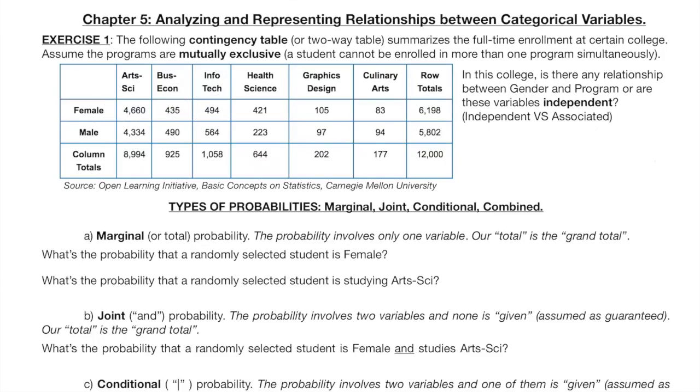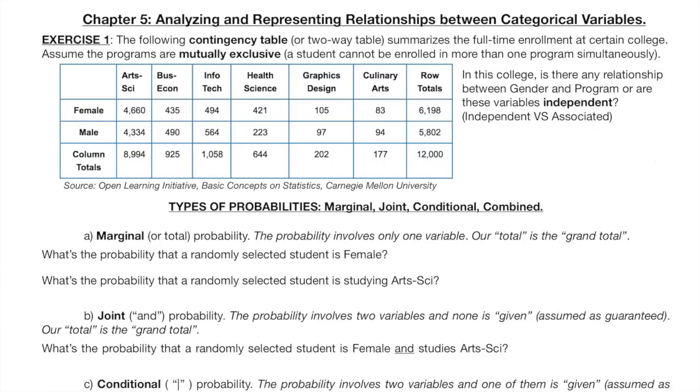An individual located here has this value for the variable program and this other value for the variable gender. The main difference is that when both variables are numerical, it's very unusual to have repetitions, because even if two individuals have the same value of x, it's unlikely that they also share the same value of y. When the variables are categorical, it happens the opposite. We have many repetitions. So here we see not only one individual, but all the individuals that are female and study infotech. We always assume that the values of each variable are mutually exclusive. This means that they cannot happen together. That's to say, a student cannot be enrolled in two of these programs simultaneously, and the same applies to gender.